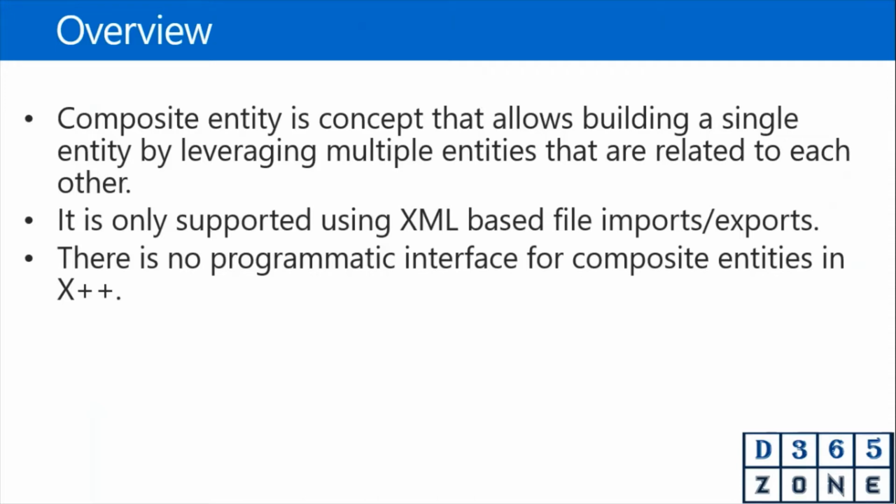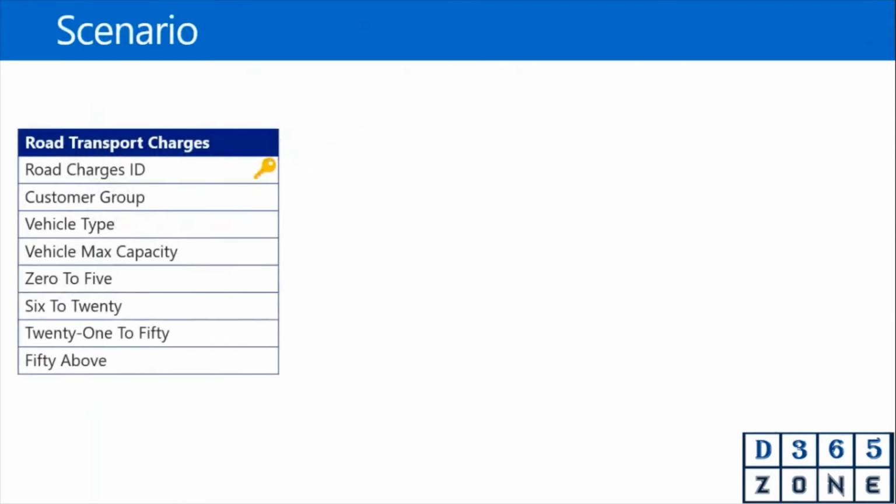When we speak about composite entities, literally we are speaking about linking two entities. So there is an XML structure coming up, and I'm going to import that XML structure into Dynamics. How do we do that? All those things we are going to discuss in this session now. So this was the earlier scenario.